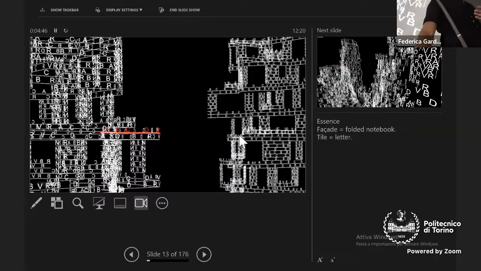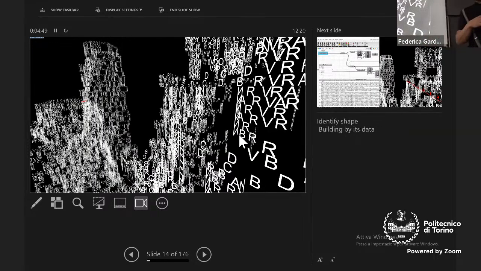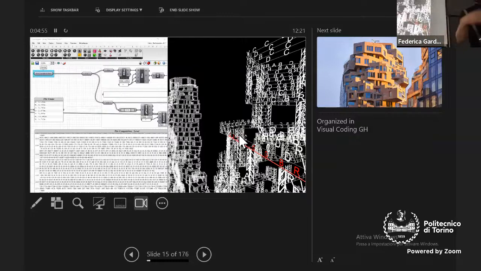And you can really start to see and identify the shape by the data of the building itself. So here you can see basically that, but organized in the visual coding. Many of you might have been already using Grasshopper, so this is just to show the workflow that went into developing these classification